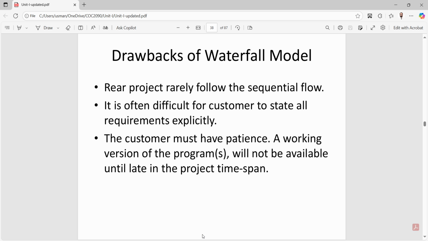Due to these drawbacks, we do not use it directly in the industry today. But we use certain processes which work with the waterfall model and try to enhance it in its totality. So we will see those models in the next video,